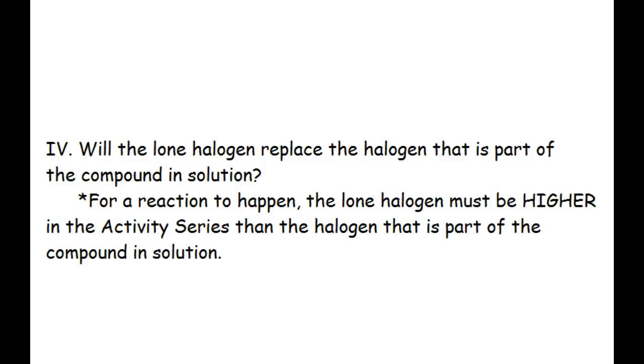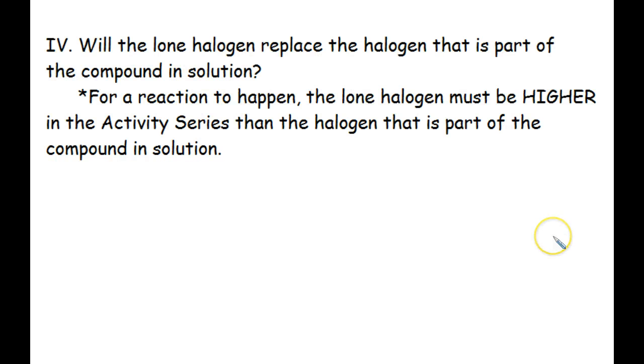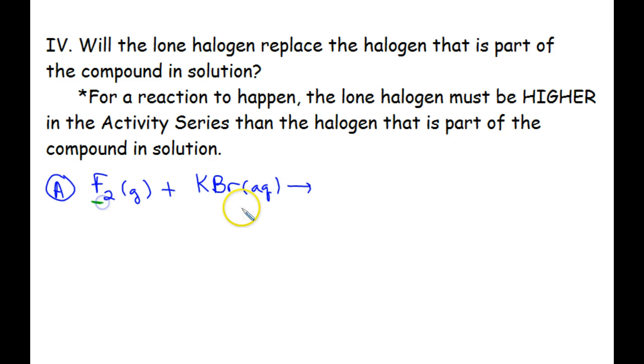So the last one is similar to the metal, except this time we're looking at a halogen, and remember that halogens are group 17 elements. So let's say fluorine gas is bubbled through a solution of potassium bromide. So you're comparing fluorine and bromine. If you look at your activity series, fluorine is higher, so bromine is now going to be by itself,